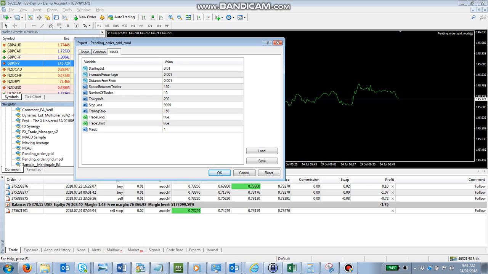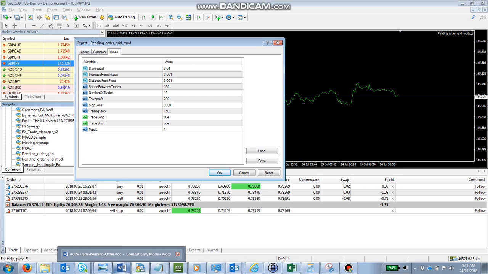And also I need to add one more thing here, which is decreasing percentage. If I disable this option and enable decreasing percentage, then the initial lot will be one lot, and for every stage it will decrease by 10%. If I mention 10% it will decrease 10%. If I mention 20% it will decrease 20%. Like that, what I mentioned in the auto trade